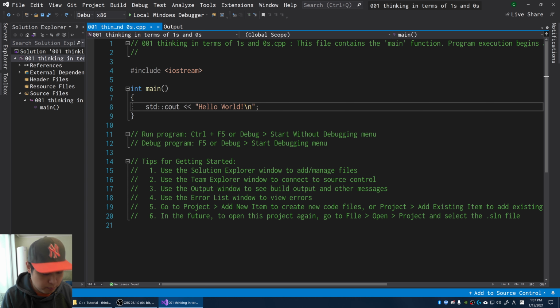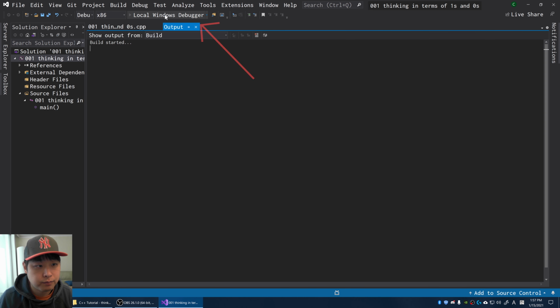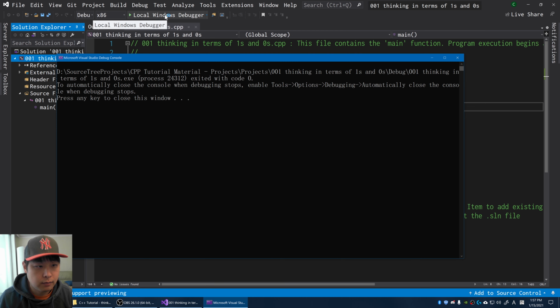And I'm going to start out by saying that we have our video game, and inside our video game we have the player. The player has HP. So I'm going to say int HP equals 5. I'm going to run this code by clicking here. Okay, we have nothing in our app.